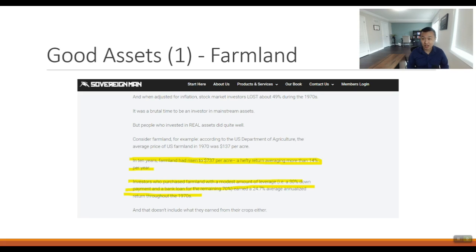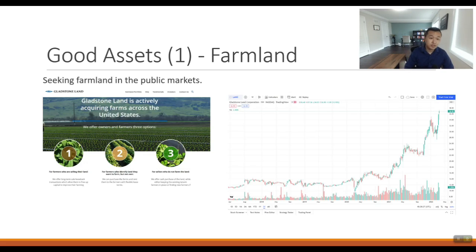For full disclosure purposes, I have some money in farmland products through the offering of a private fund. So just putting that out there. If you seek farmland exposure, a lot of private funds for farmland have a minimum investment threshold. You have to be an accredited investor or something like that to buy these products.